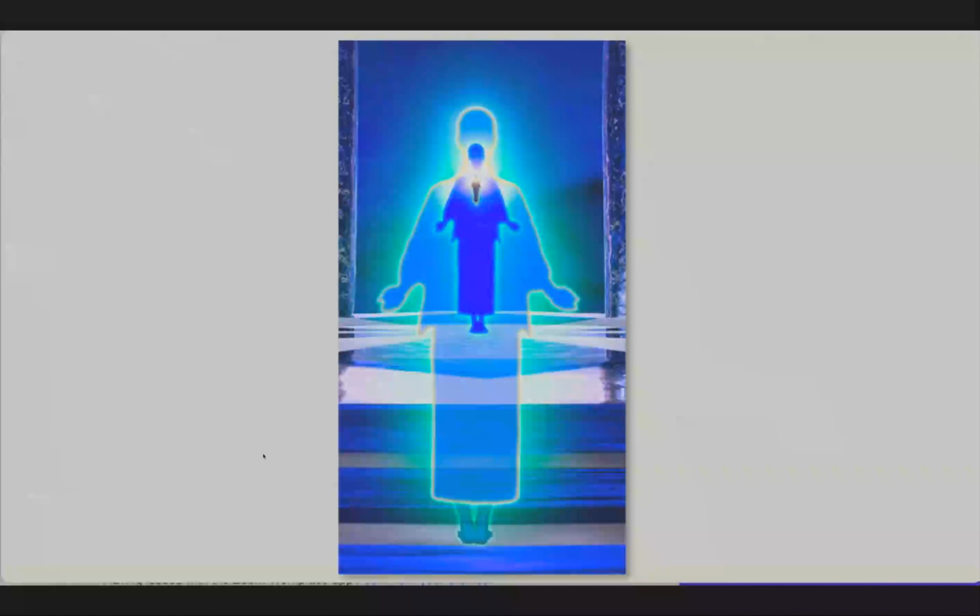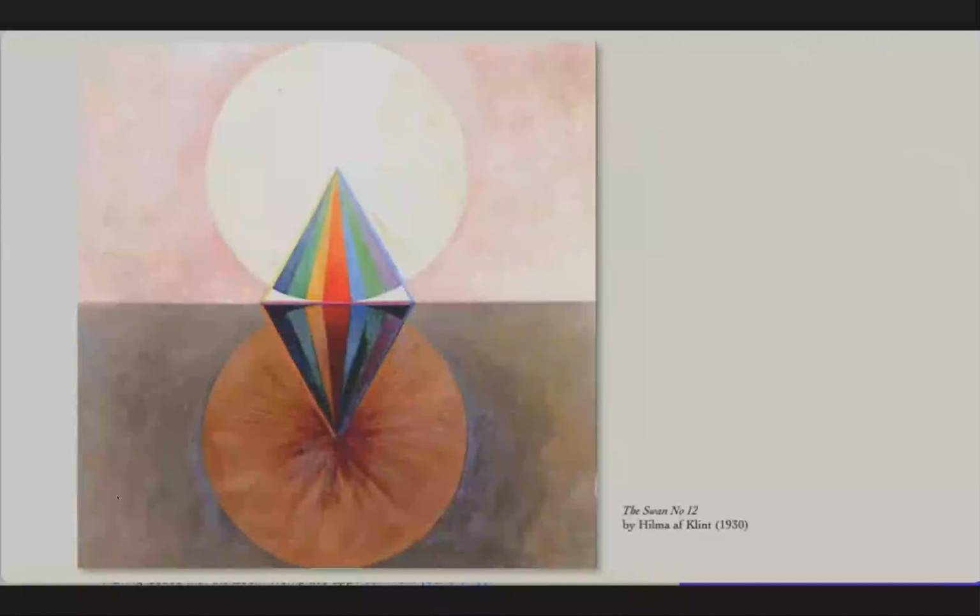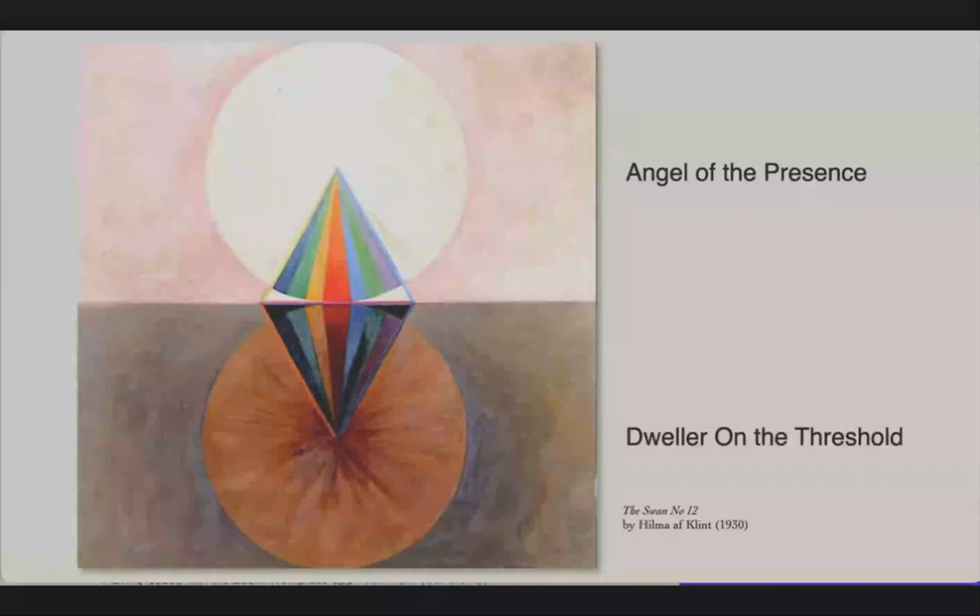However, we're not there yet. During the earlier stages of this soul influence, its inflow creates a struggle between the energies of the personality, represented by the lower half of this painting, and soul rays, which is only resolved when the disciple finally acquiesces to soul control. This happens through a sustained 3-fold battle between the dweller on the threshold, which is the fully developed personality, and the angel of the presence.